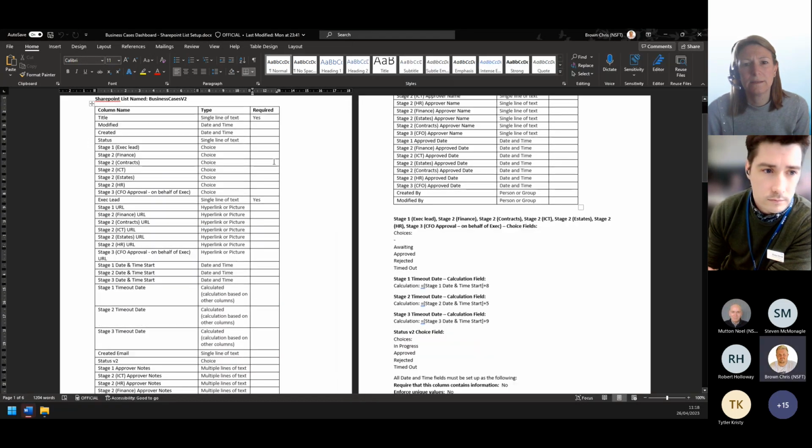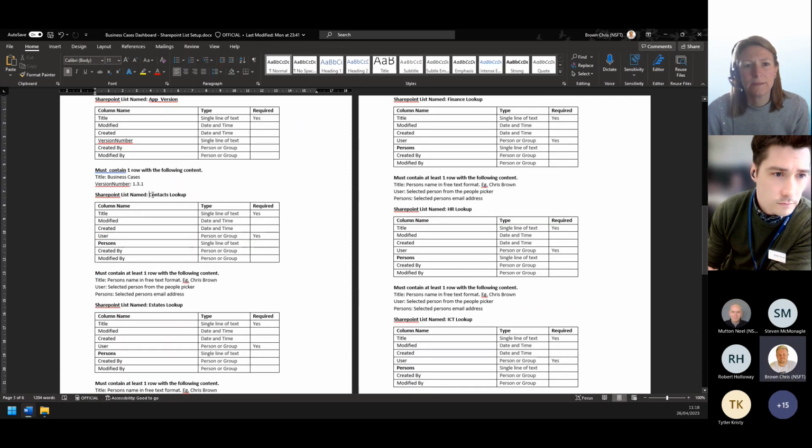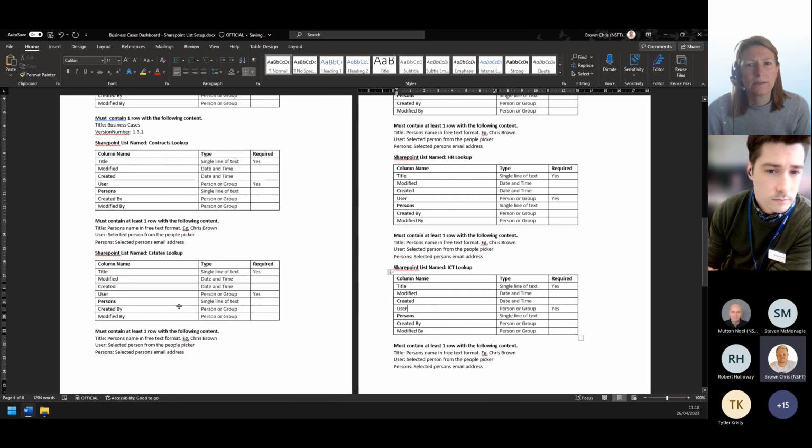So in the list here, we have a contracts lookup, I should say, an estates lookup, and finance, HR, and ICT lookup. You can have one person. You can have more than one person for each